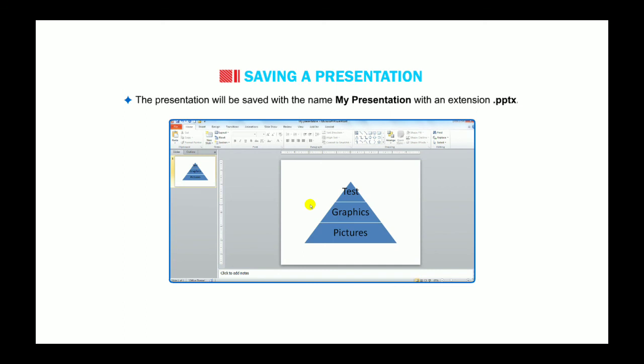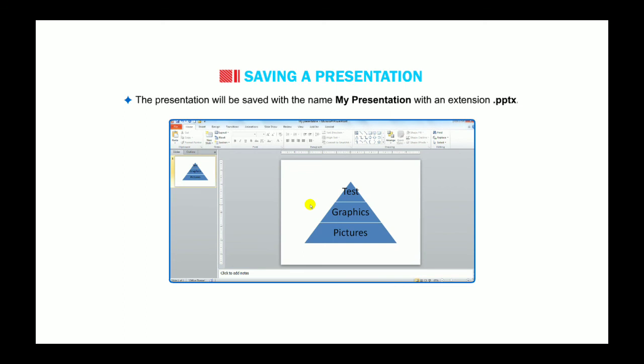Now we have covered how to save a presentation, how to use built-in templates, and what the different components of Microsoft PowerPoint 2010 are.